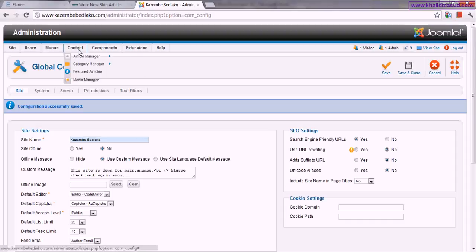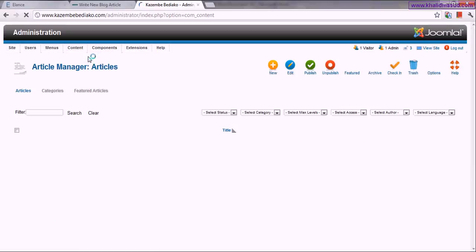The first thing is that you go to the content section, and in the content section you go to the article manager.